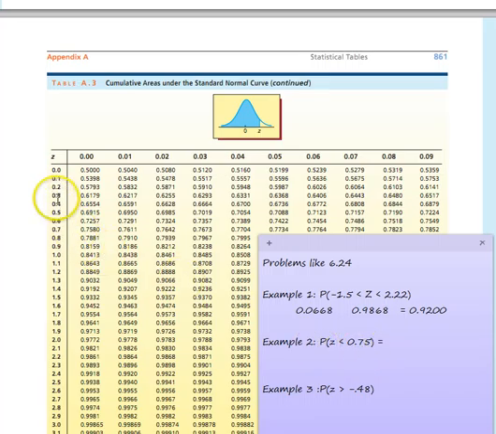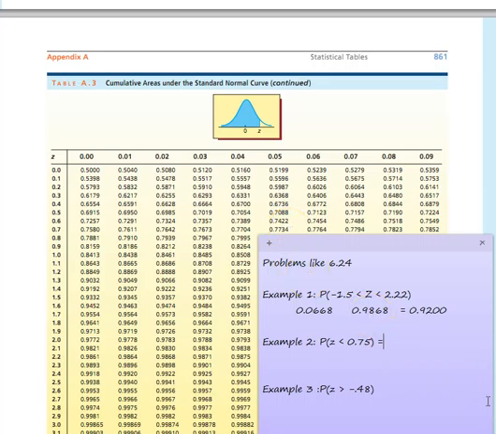So I go to my z-score of 0.75. I need to find that, and I'm looking right here. If I follow all the way across the row, and I look for this column here, you can tell I'm at the 0.05 here. So what is the probability associated with a 0.75 z-score? It's this one,